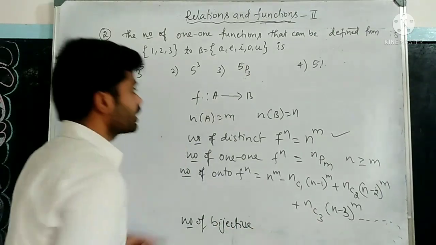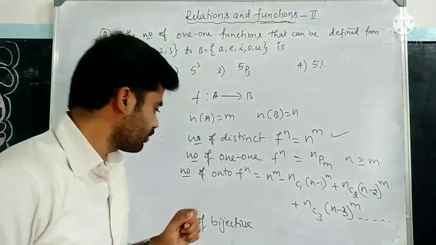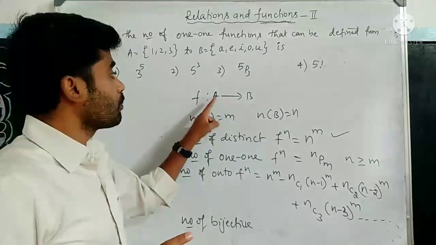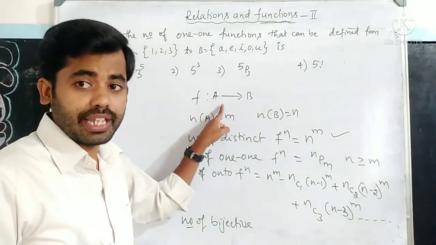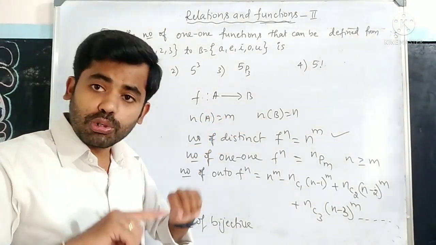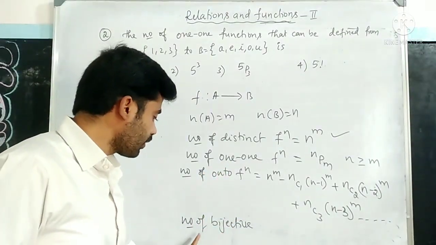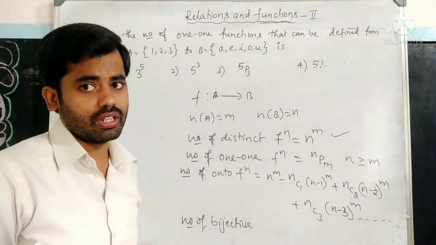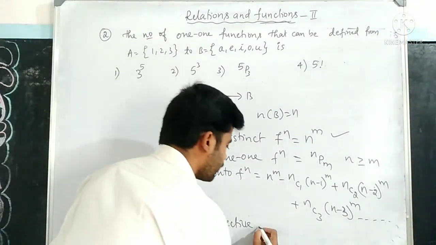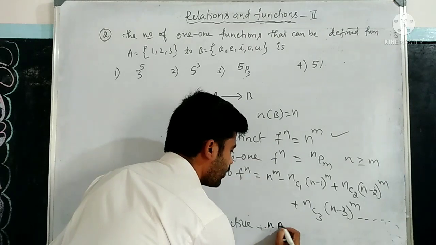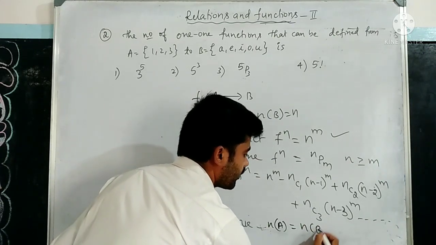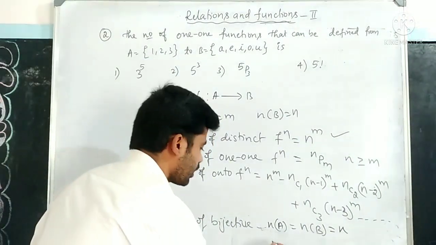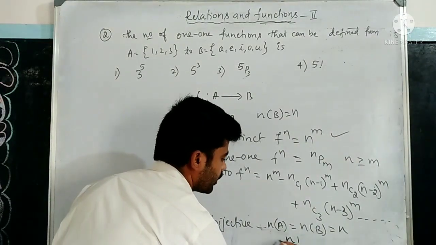The number of bijective functions I can make from A to B is very important. The rule is that the number of elements in A and the number of elements in B must be equal, then only we can find the number of bijective functions. It means that both should be equal. Okay, now be careful. Therefore n(A) must be equal to n(B), and if it is n,